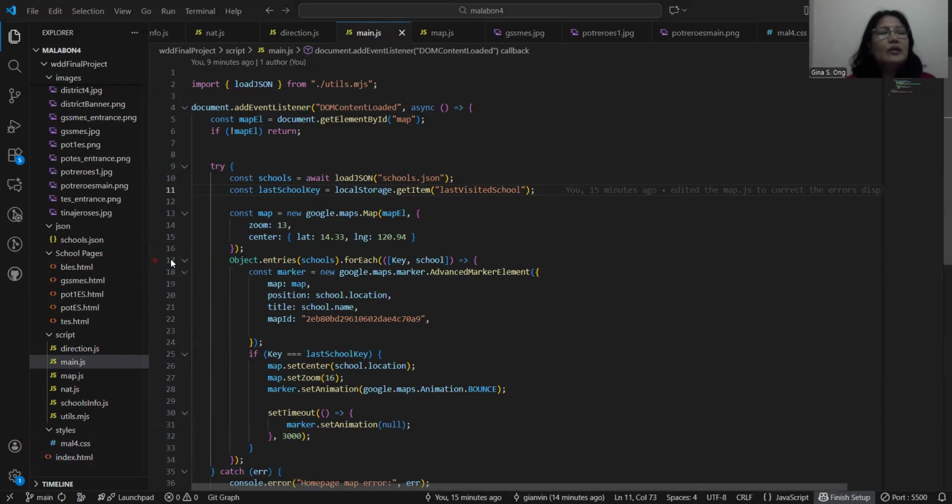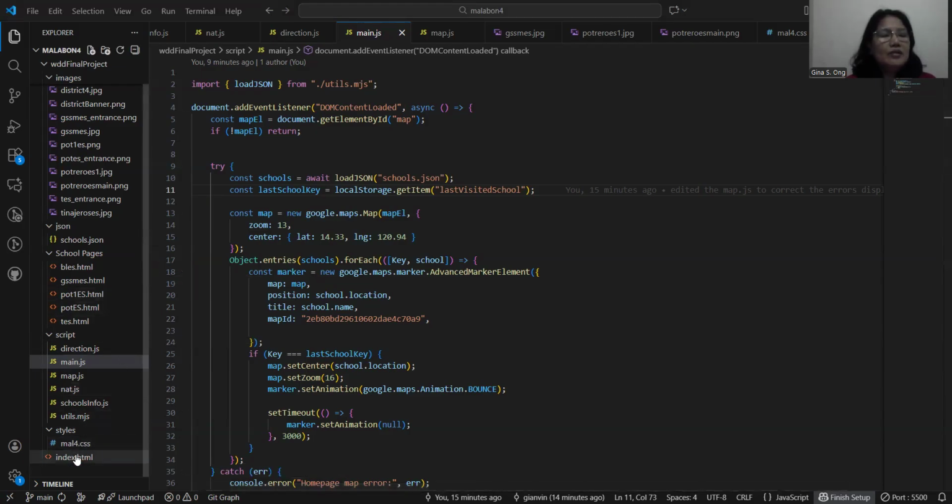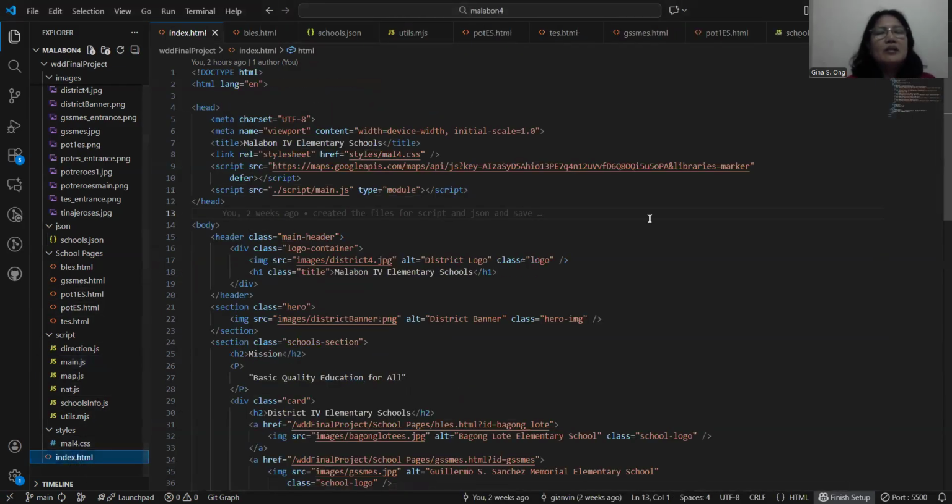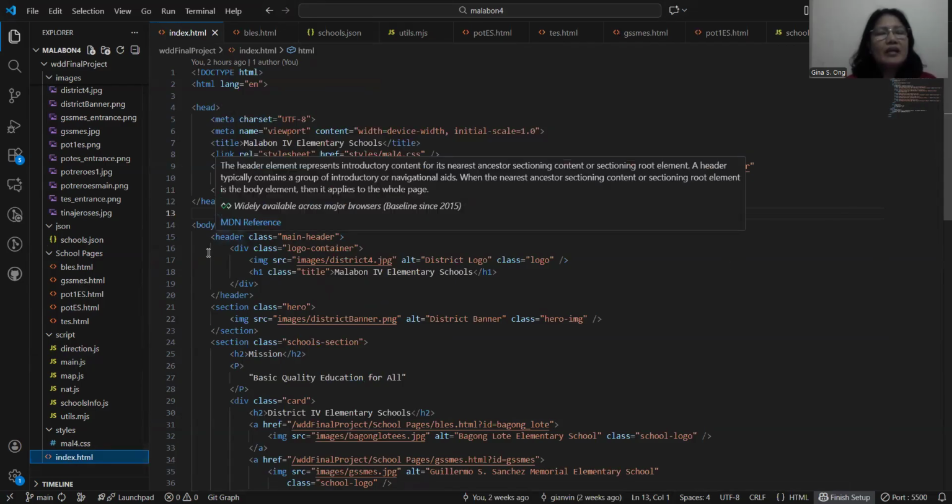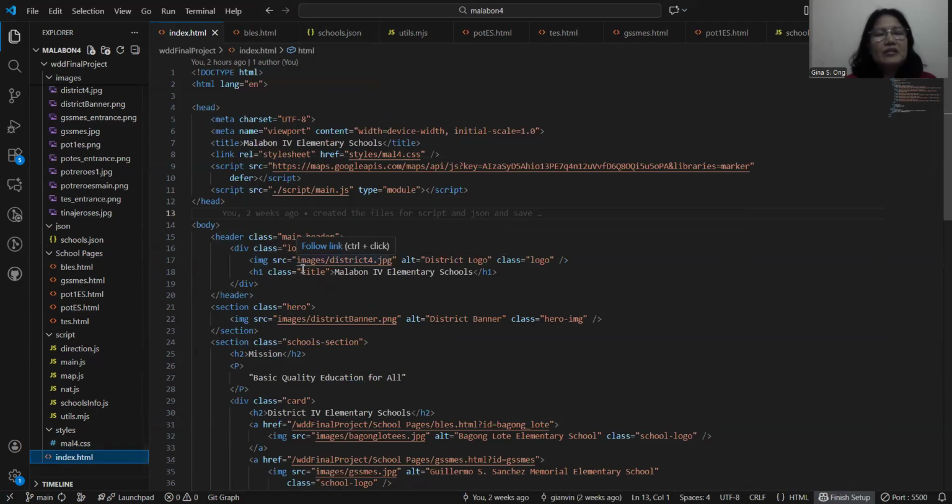Okay, now, with the home page, based on the wireframe that I created, it will have a header which contains the district image, district.jpeg, which is the district logo, and the H1, which is the Malabon District Elementary School.